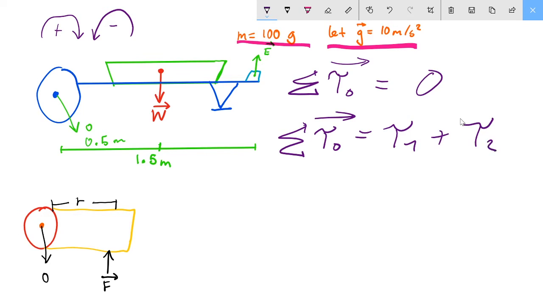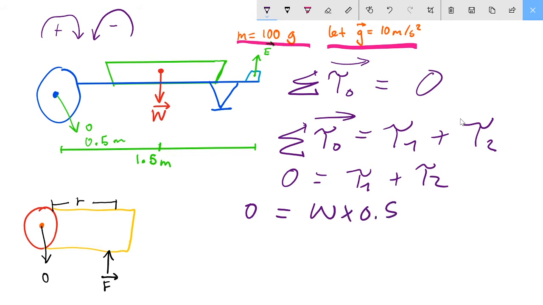Torque 1 being 0.5 and W, torque 2 being 1.5 and E. So the sum of torque at point O is equal to 0, which means 0 equals torque 1 plus torque 2, and torque 1 is force 1 times distance, which is W times 0.5, added with